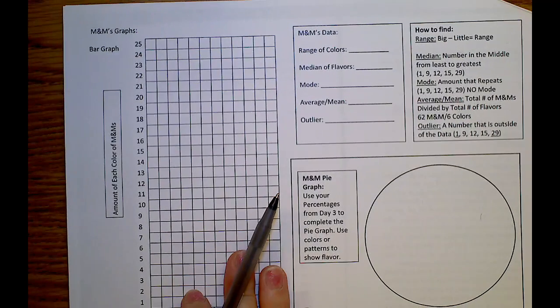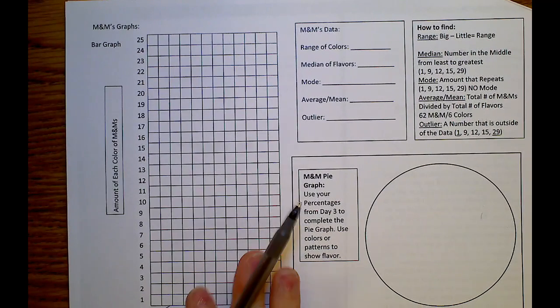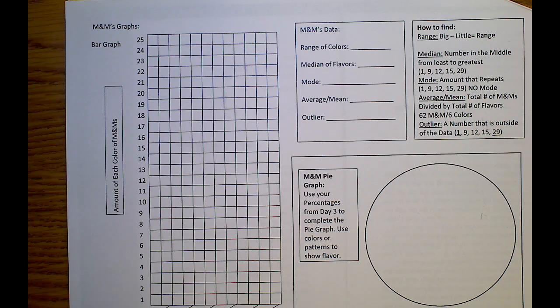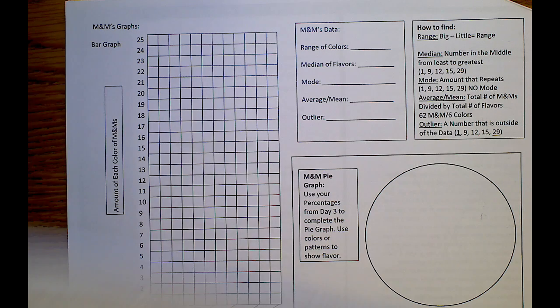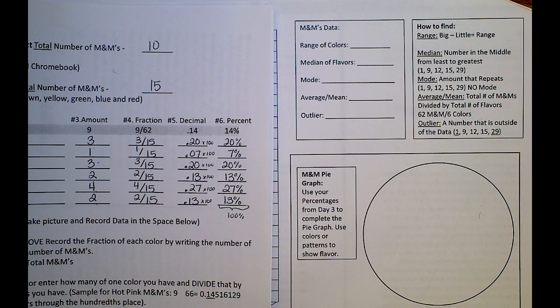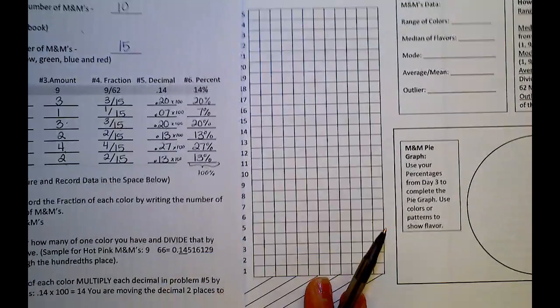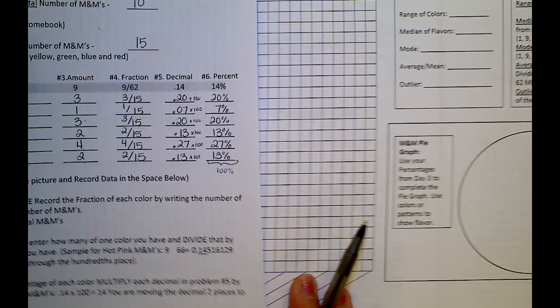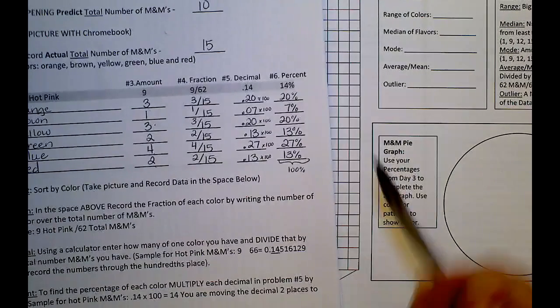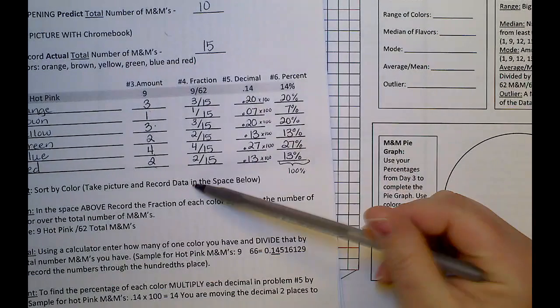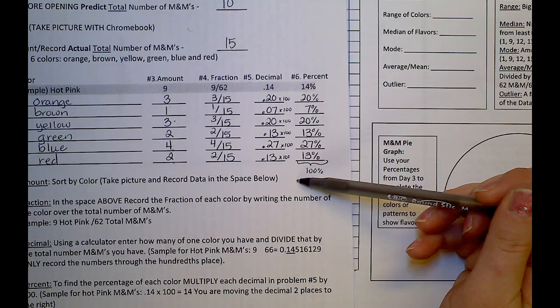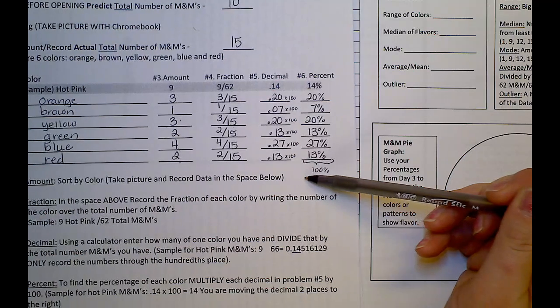All right, so I have my M&M's graph. This one's going to use the information that you gathered from the other days, so we're going to need to get out your packet from the previous day, and we're going to enter in the numbers. This is a much different look, but the reason I wanted you to see this is just because you have smaller numbers doesn't mean your percentages become less, because you're still looking at 100% for your